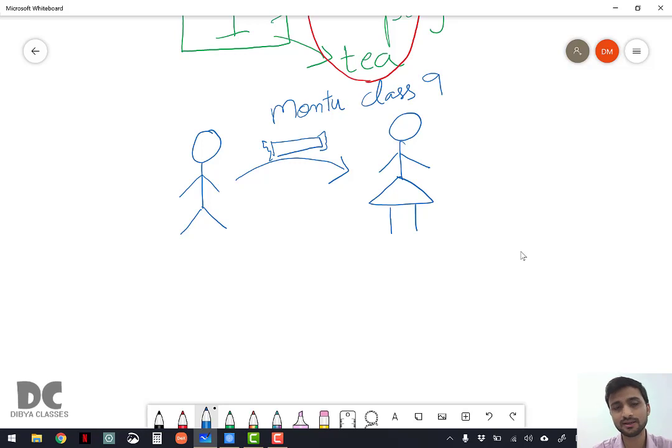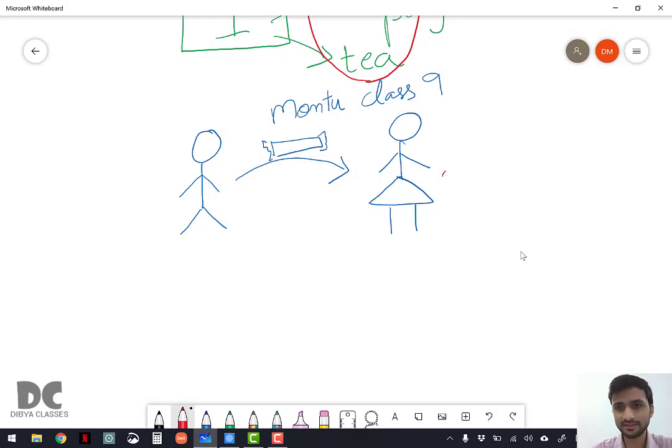Montu is another boy, but he actually doesn't know his real name. He knows his pet name, that is Montu, who has stolen his chocolate, and that he studies in class 9. So now the principal wants to find Montu to punish him for stealing the chocolate.